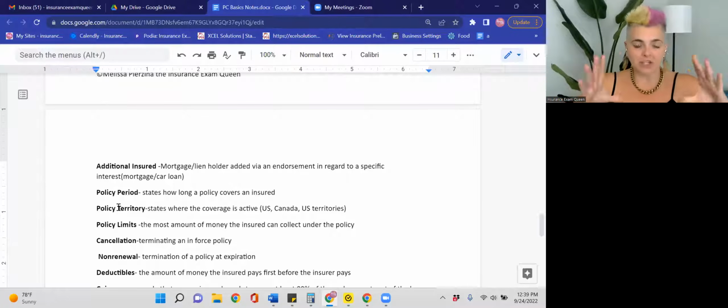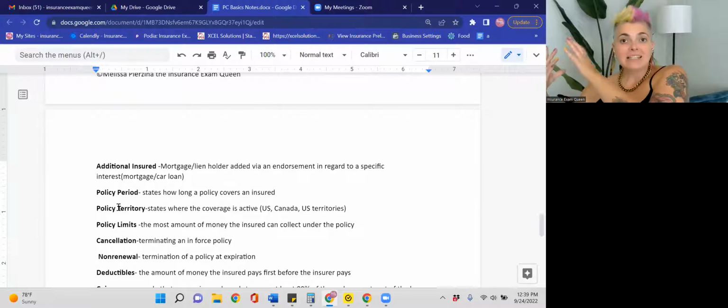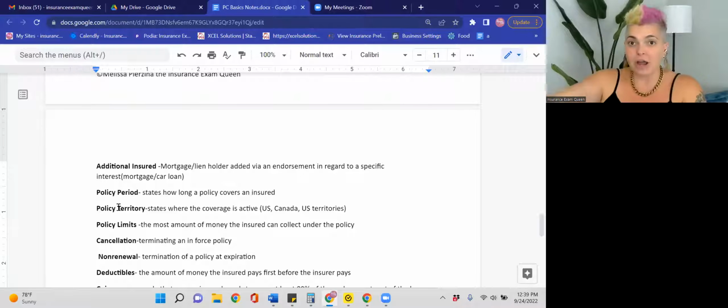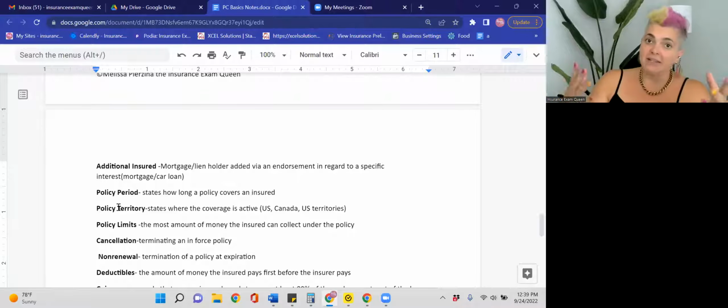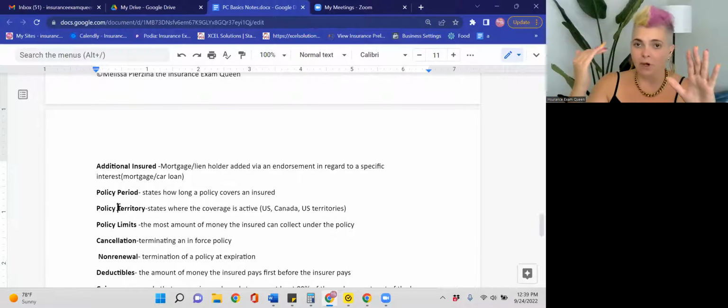When you're going on vacation, you pack up a suitcase and you take that suitcase with you. Technically, the property territory is US, Canada, and US territories, but let's say you go to Europe, your insurance does have worldwide coverage for your personal property up to 10%. So whatever your coverage C is, and again, we're going to address this more when we deep dive into homeowners,